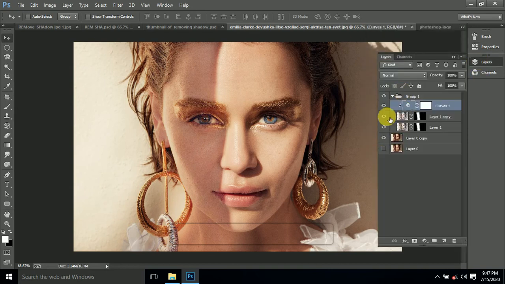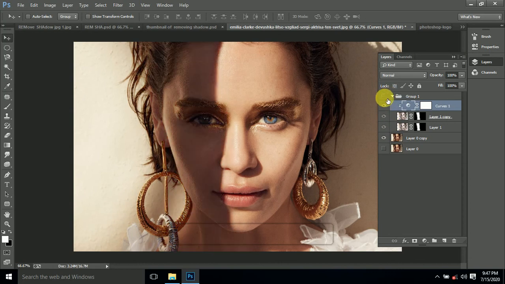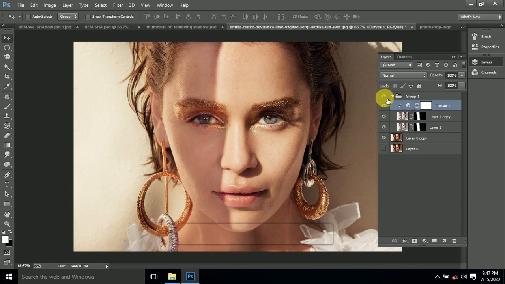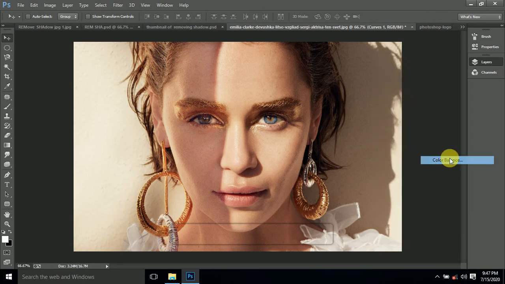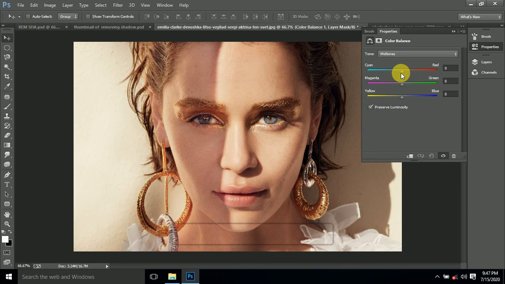Now we have to go to layers, and you can see here is the before and here is the after. If you want to increase yellowness, you can go to Color Balance or Hue Saturation. We have to go to Color Balance and you can change it like this, but we need a mask because we need to apply these things only in darkness, so we have to click on mask.